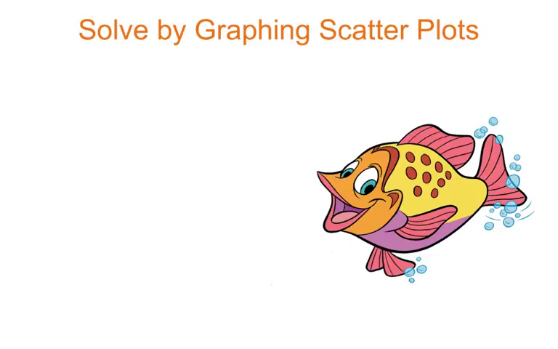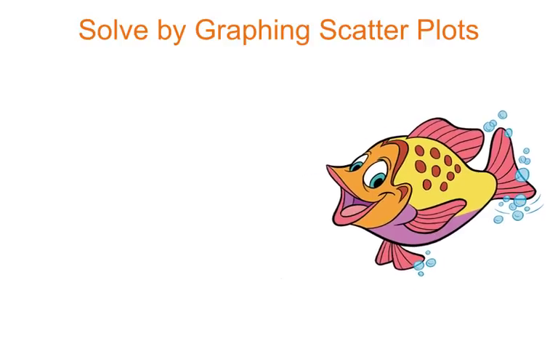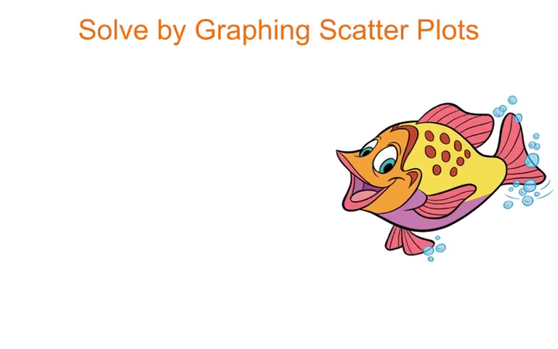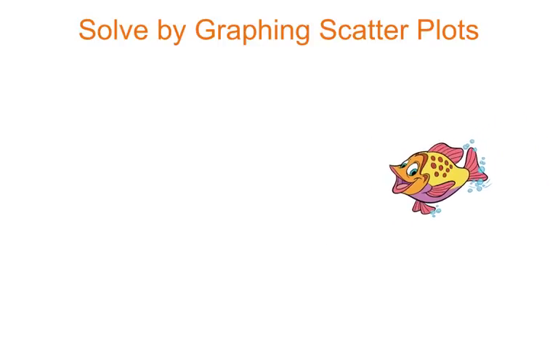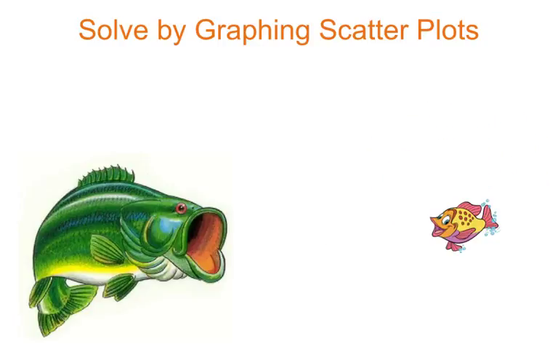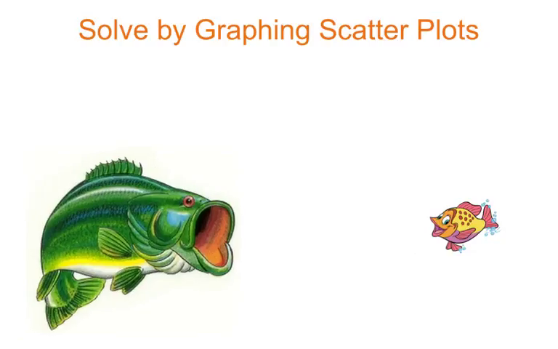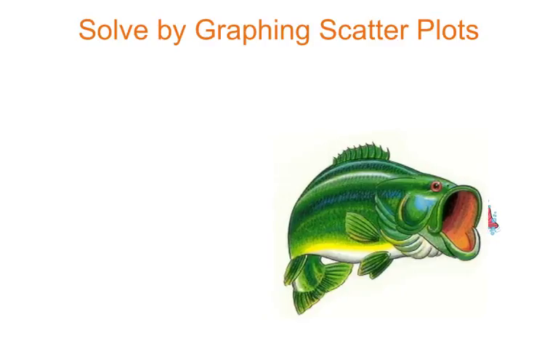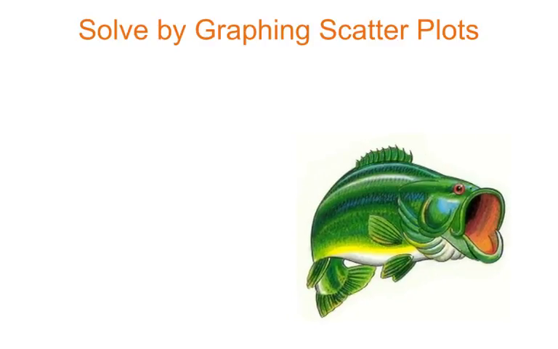Alright, let's get out some graph paper to graph these fishies. We have a sunfish here, and this sunfish seems really happy. However, what he doesn't know is there is a largemouth bass who sees him, and bass love to eat sunfish. Now